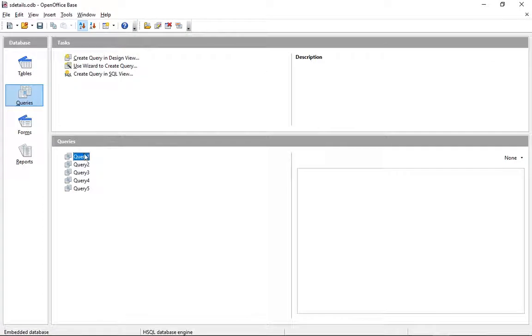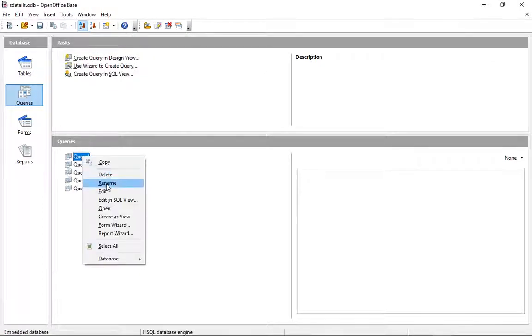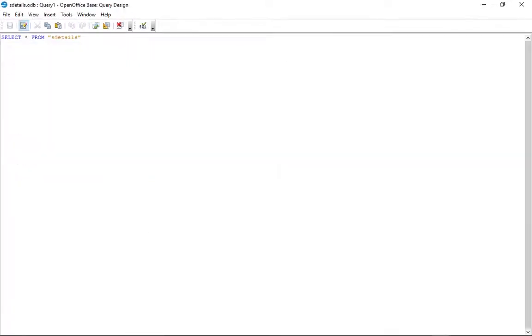Queries means, as I told you earlier, the query language. Using the structured query language we can create it. Edit in SQL view means you will get a query like this: select star from SDetails. If I want to display select star from EMP, you give EMP here. That means EMP, employee details.